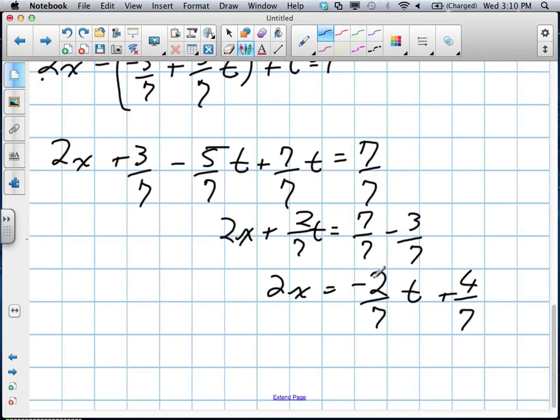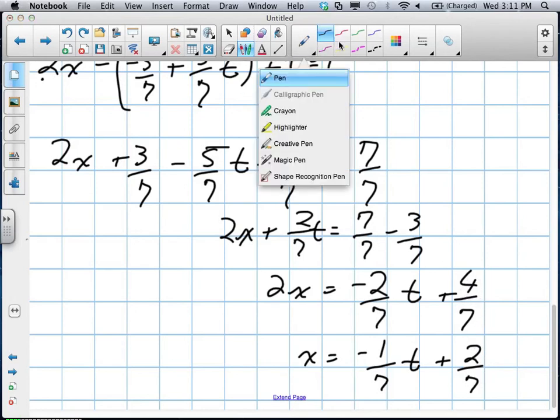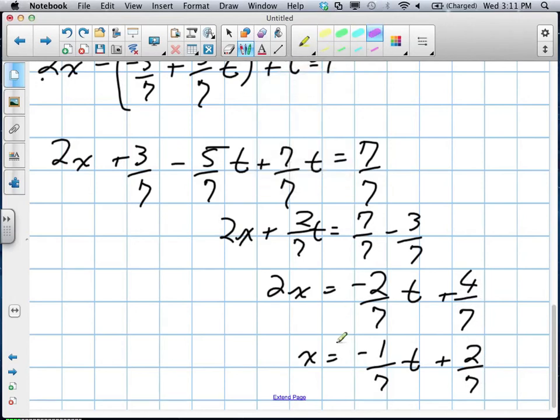I can then divide these by 2, and when we do that, it's actually just going to read 1 over 7t plus 2 over 7. I simplified them. It would have really read -2 over 14, which is the same as 1 over 7. 4 over 14 is the same as 2 over 7. So that is our third parameter,